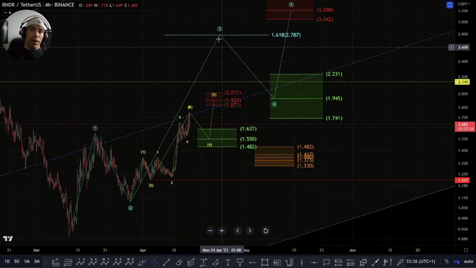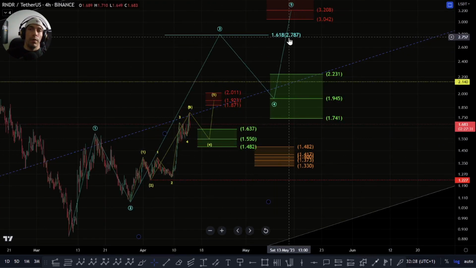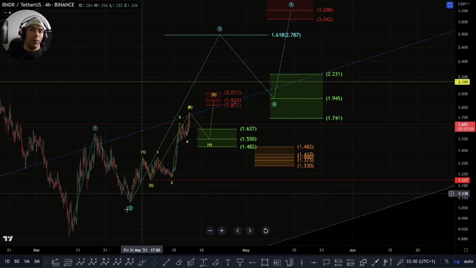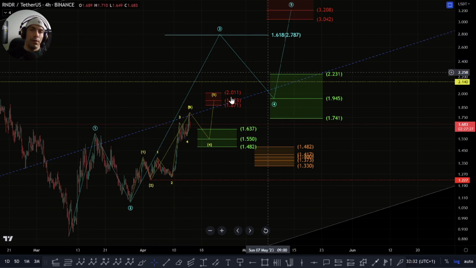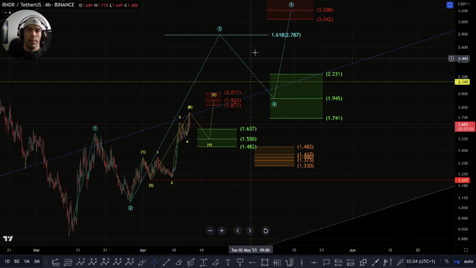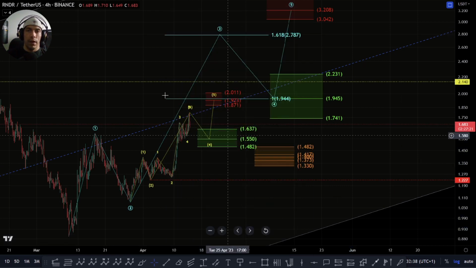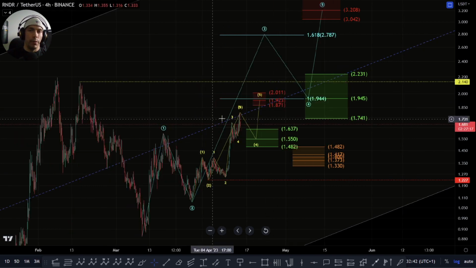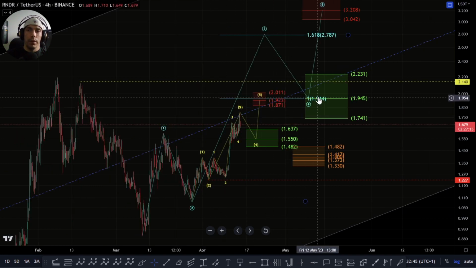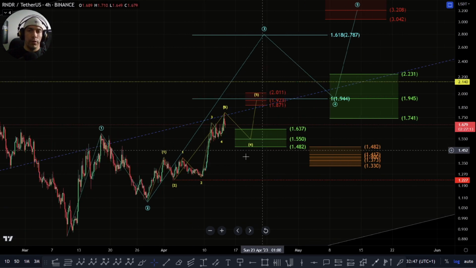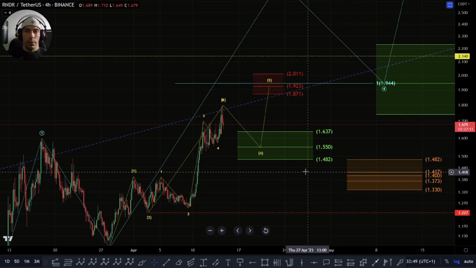But really what we want to see is a nice strong move up towards this $2.78. For as long as we fail to do that, we need to be careful. This could just look to break down. So the 1-to-1 of this move is actually sitting here right in this zone that we're looking for at this $1.94. So if we do see this, what I'm going to be on the lookout for is